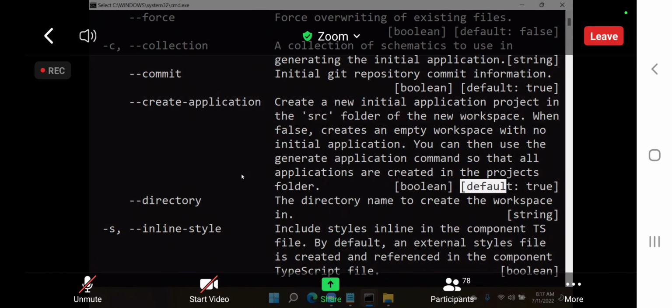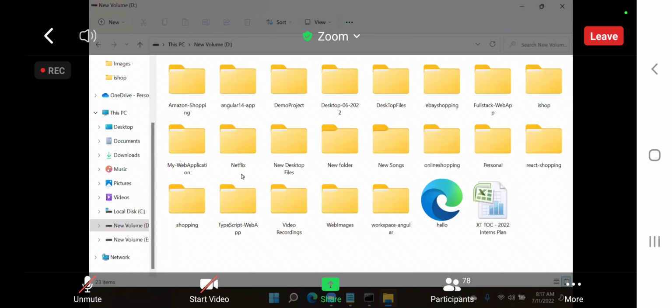That means when you run the command, generally ng new, and you give some name, by this name an application is created. But we want to create a workspace. Then we give a workspace name. I will give the name as Angular workspace.